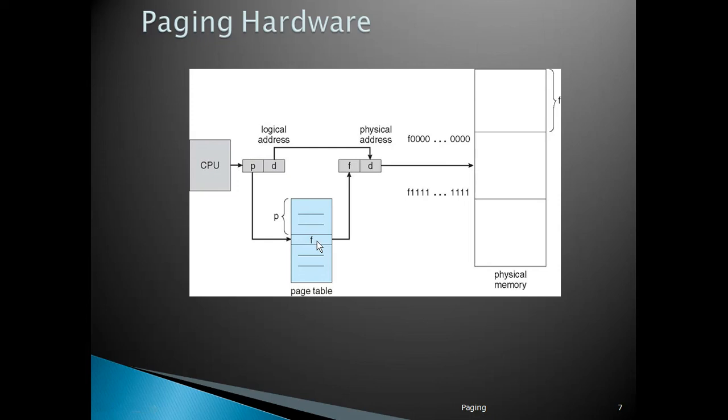the pages will reside. Now along with this frame number, the displacement field of the logical address is added and we will get the physical address for that particular page. That is, the frame number acts as the base address and D acts as the displacement or the offset. Whenever we add this frame number with the displacement, we get the actual physical address of the particular page. So this is the conversion of logical address into the physical address.